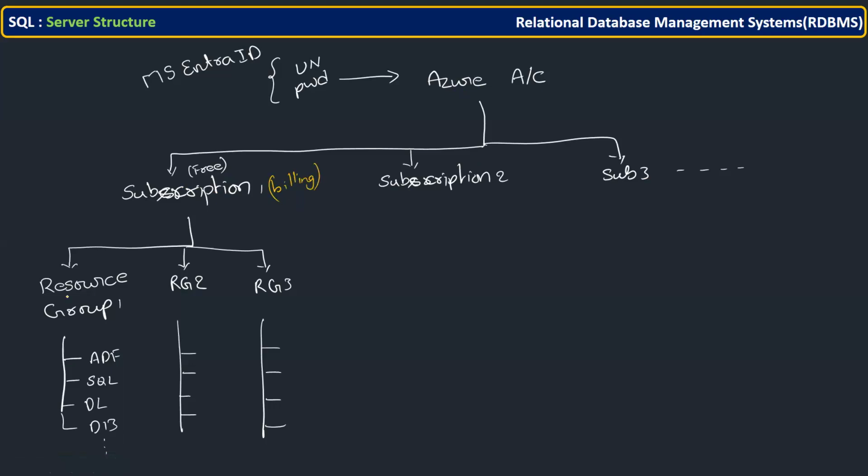Okay, and how much you use here, that bill you have to pay separately. And then further is each subscription. Why multiple subscriptions are required is sometimes, okay, in your client. So ultimately this is a client account only. So under the client-created account, why multiple subscriptions are required is that the client may have multiple projects. So for each project he is maintaining a separate subscription. That's, first of all, very important.